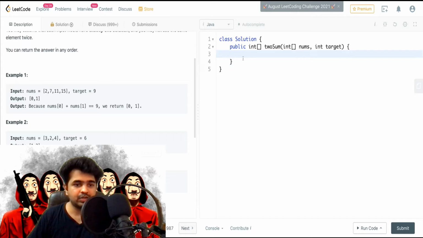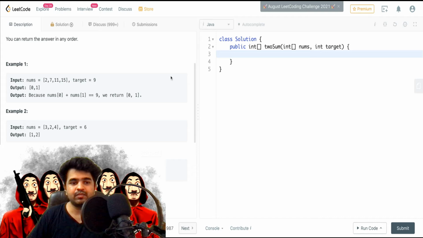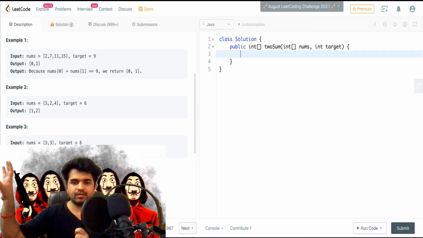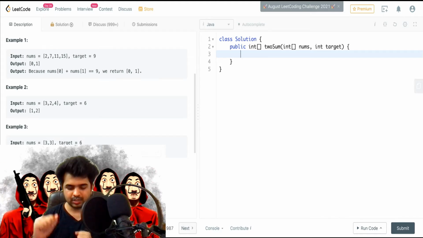But there is a better solution where we can use some extra memory to store the numbers that we have seen till now and just check if the current number plus any number that we have seen till now adds up to the target. How we can do that is we can create a hash map.